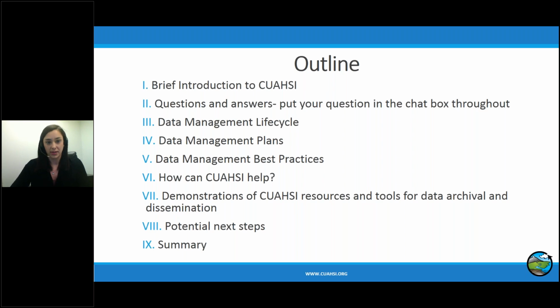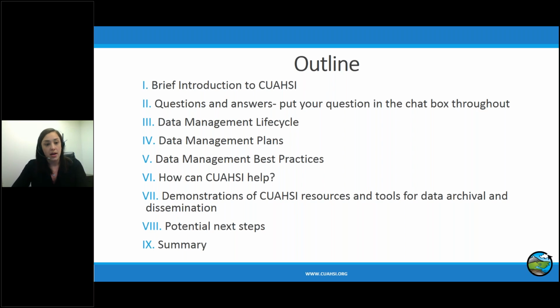So the next couple things I'll be focusing on are data management lifecycle. So thinking about what you do from the very beginning of having a question, collecting data, and so forth. And then talking about the importance of data management plans and some best practices for data management. Then we'll shift gears into how Quazi can actually help you with all of these things that we're going over, especially data management plans.